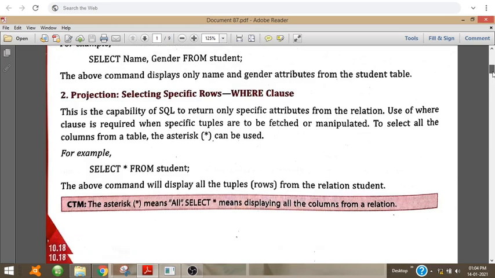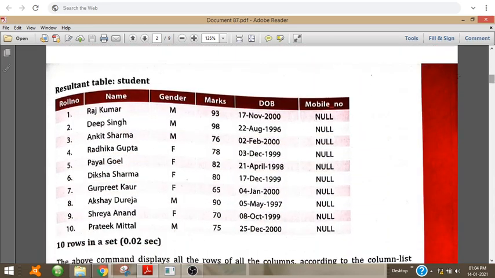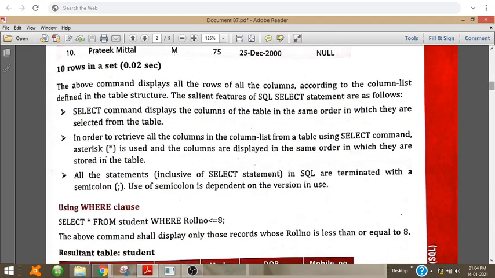If we give star, then it will return the columns in the same order as we have created the table. In order to retrieve all the columns in the column list from a table using the select command, asterisk is used and the columns are displayed in the same order in which they are stored in the table. Then all the statements in SQL are terminated with a semicolon.